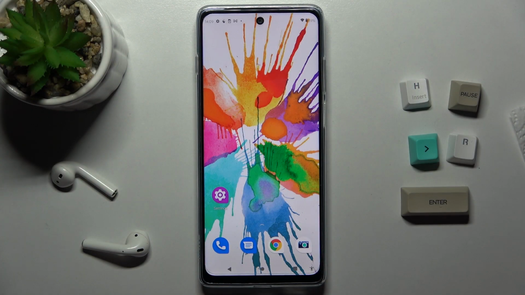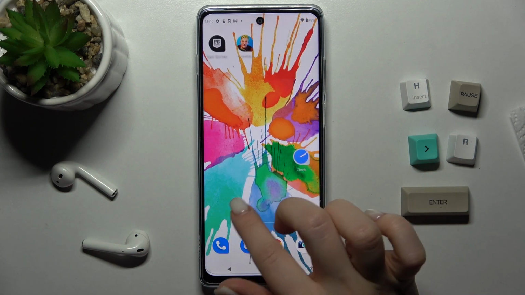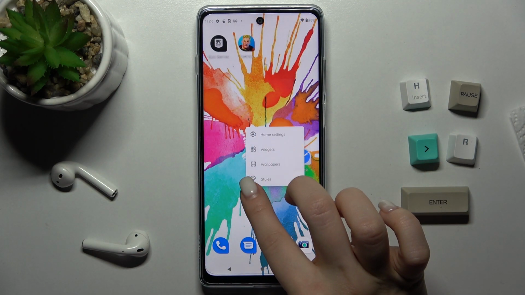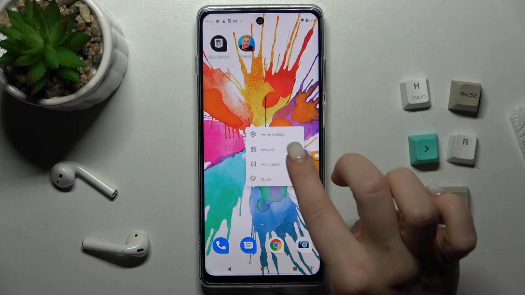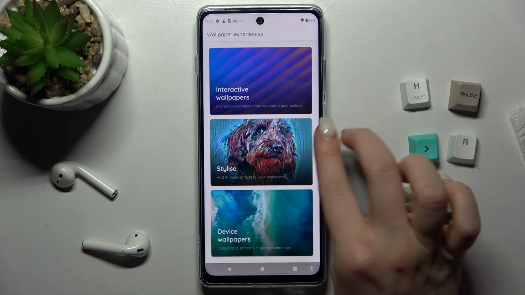Welcome, today in front of me is the Motorola Moto G200, and I'll show you how to change the lock screen wallpaper on this device. We've got two ways to do that. The first one is to press and hold your screen for a while, and here you'll see the wallpaper section. Just go there, and now you can